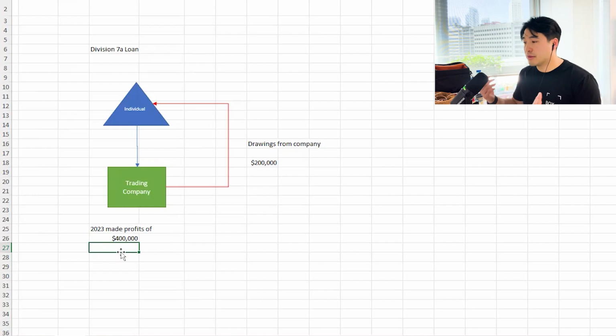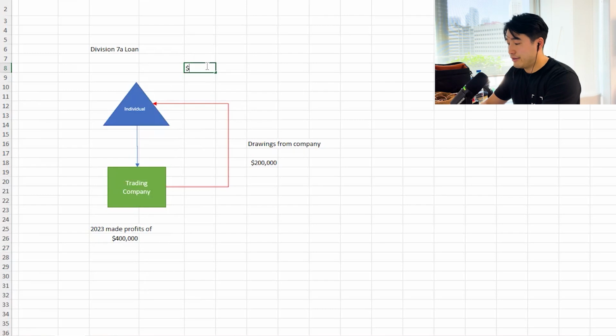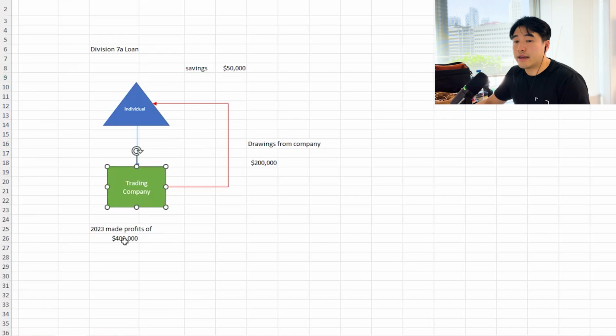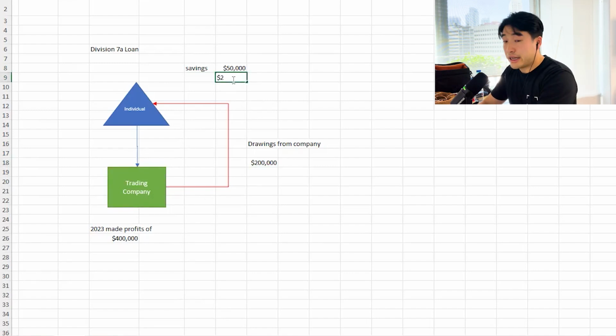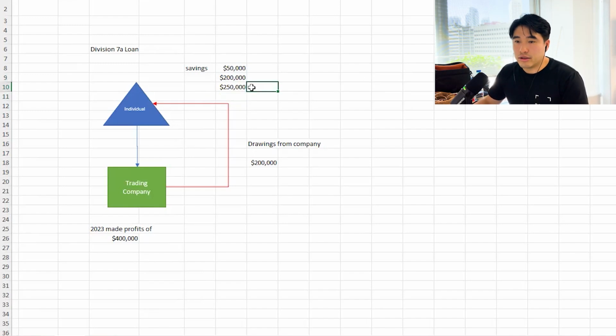And it decided that, look, I'm going to take $200,000 because I'm going to put down a deposit. So this individual decided they wanted to buy a property, put down a deposit of $250,000, and he didn't have that much savings. He only had savings of $50,000. So he needed more money, and he thought, I own this company 100%, so I'm going to take $200,000 out, draw it out and put it into here. So therefore, now I have $250,000. If you have $250,000 for a deposit, that's usually enough for you to buy an asset for, say, $1 million.